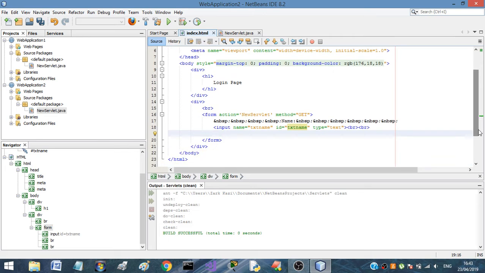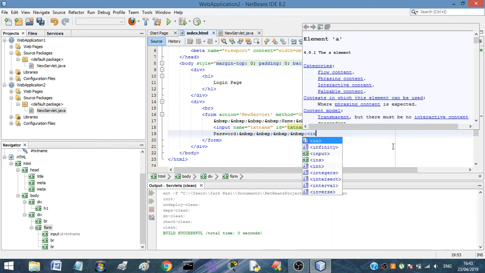Then after adding this, we will give password colon, use nbsp, then